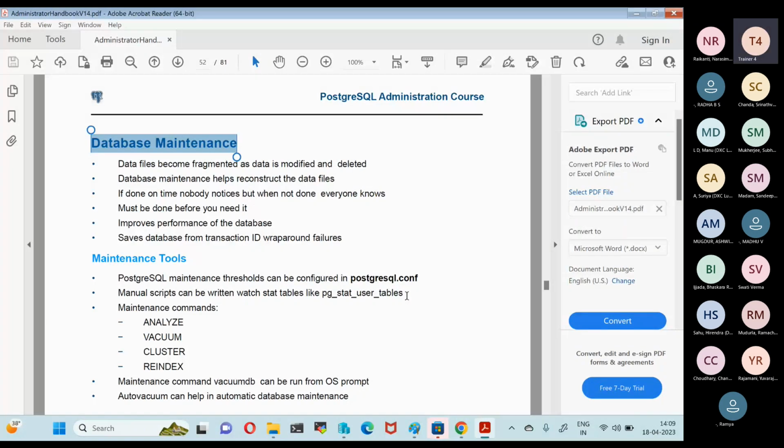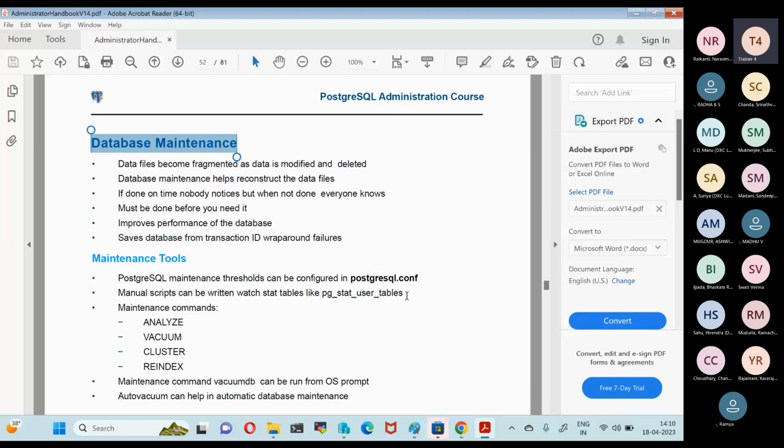And from time to time, we should be performing the maintenance. Postgres on its own never cleans that. Okay, dead tuples. It never cleans the dead tuples. It will go on creating the dead tuples for every delete and update you are doing on the system, but it will never ever clean that up. Okay. So that is the problem with Postgres. That's the reason we need to perform regular maintenance